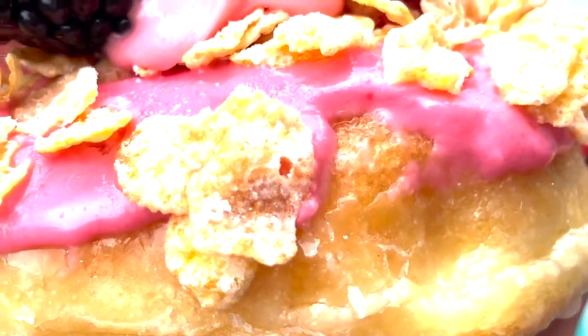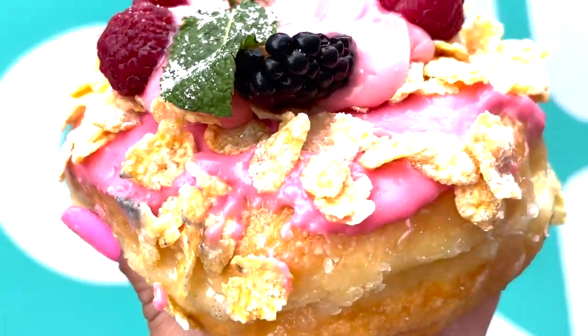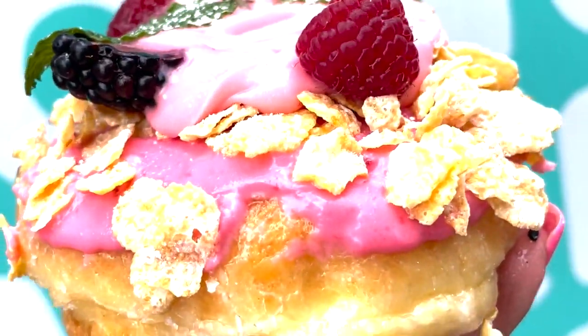I'm gonna be smart about this one and pull it apart. Whoop. Oh, it's pretty good. The frosted flakes are very chewy. The donut itself is baked really nicely. Most Everglazed donuts always are. The inside is a blackberry filling. It's tart. It really cuts through the goat cheese frosting,